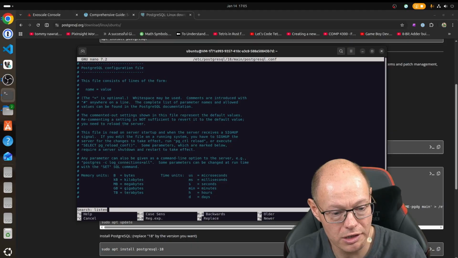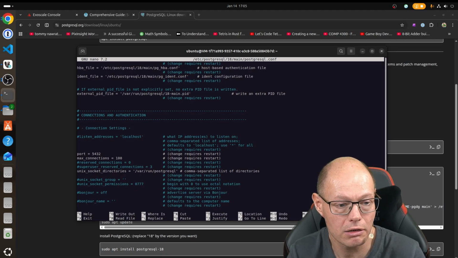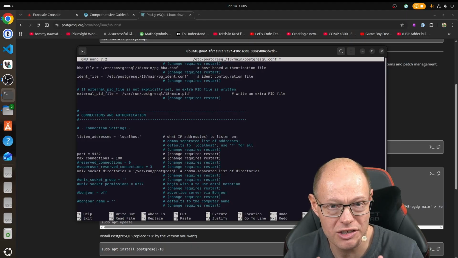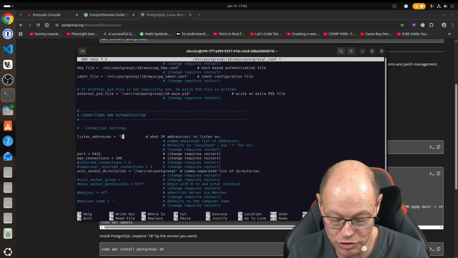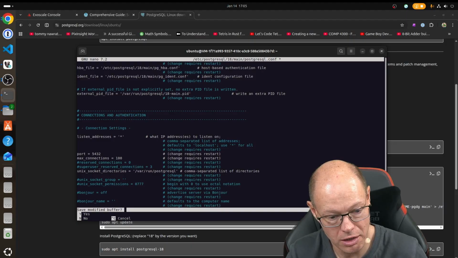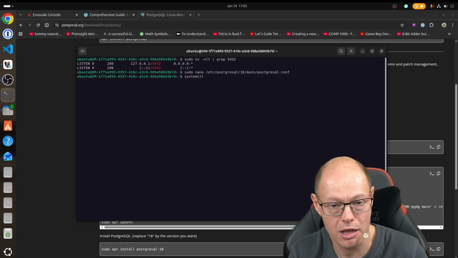Let's search here for listen_addresses, and as you can see, that configuration option is currently not used, so we just uncomment it. And to make things easy and simple, I'm just using here the asterisk, which means that Postgres will accept incoming client connections from each network interface. Let's exit Nano, let's save the buffer, and now we have to restart Postgres so that that configuration change takes effect. So we do here again a systemctl restart